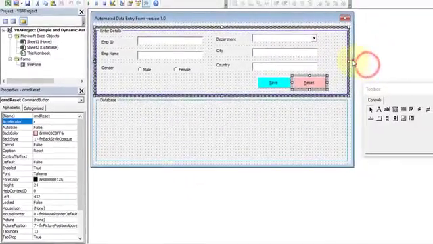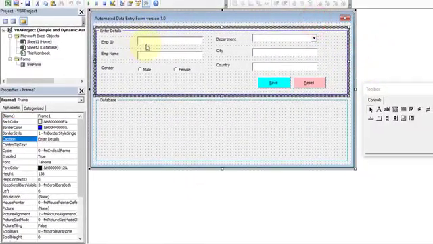Okay, so we have successfully assigned the name for each and every control and caption for that. Let's give the tab order for each and every field.